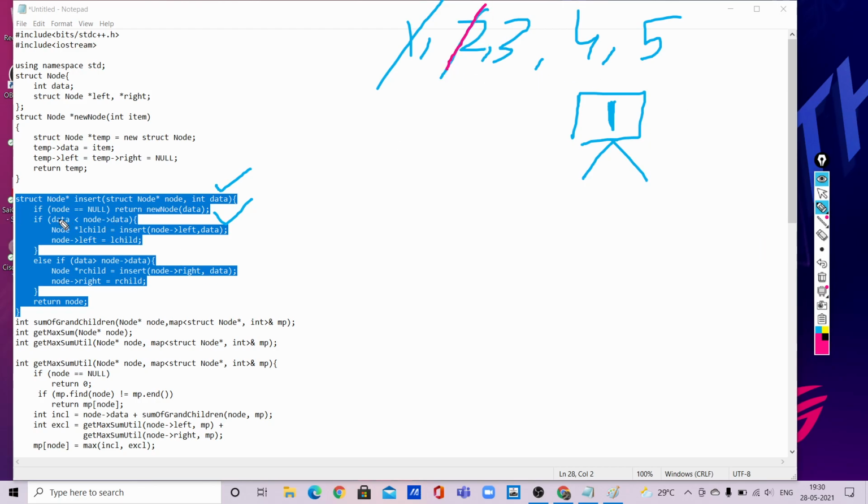If data is 2 and the root value is 1: if data is less than node arrow data, this is 1 and this is 2, but data is bigger. So else if data is greater than node arrow data, yes, correct, this condition satisfies. So we have to attach it to the right part of the subtree.